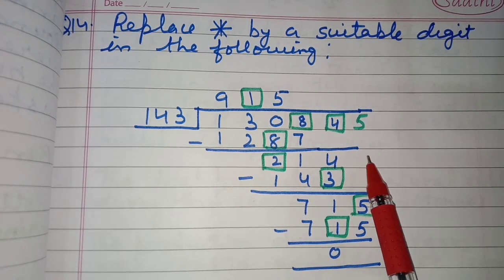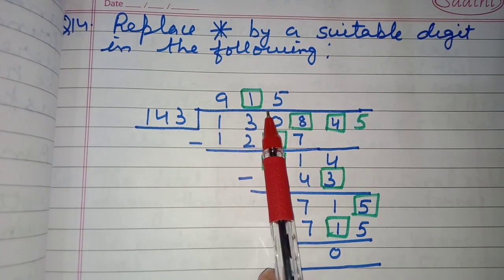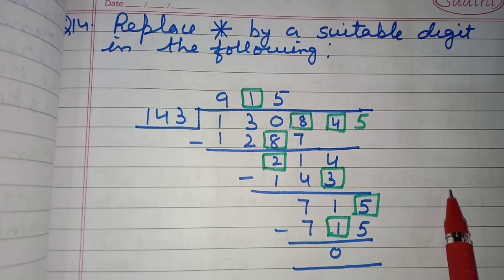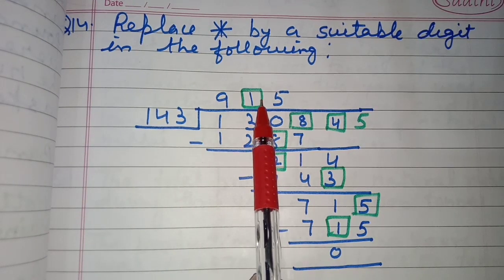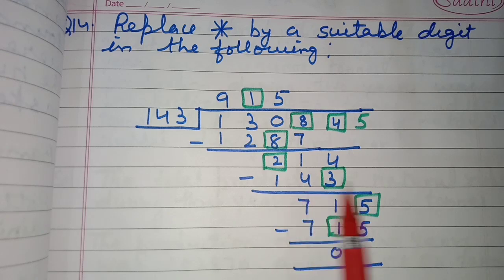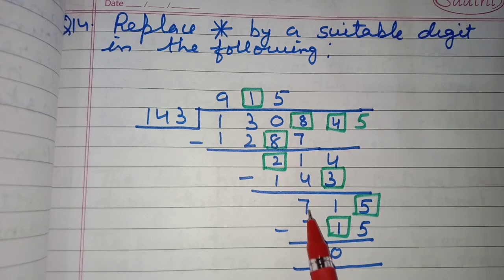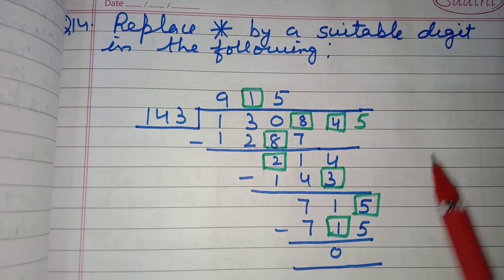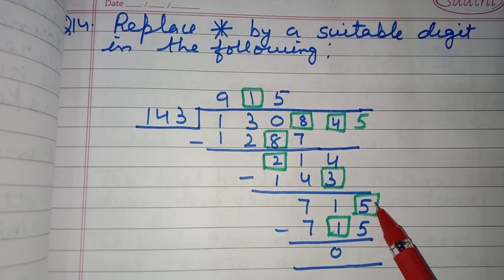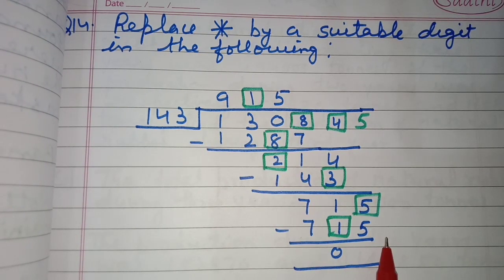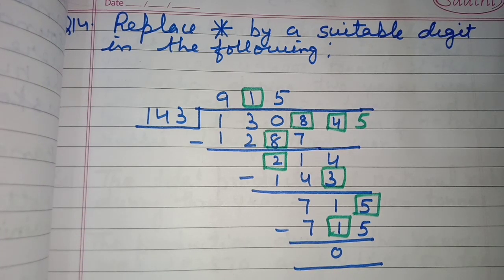Now this is the dividend. So we have to divide 143 by a number so that we can get a number equal to this dividend 214 or less than this. So by which number we can divide? So 143 into 1 is 143, because 143 2 times will be greater than this number. So here we'll have 1. Now after subtraction we'll get 71 here. And then here we have 5. So we have to bring down this 5 here. Now it is 715. Now 143 into 5 will be 715. So here we have to fill 1. Remainder is 0. So this is how you can solve this question.